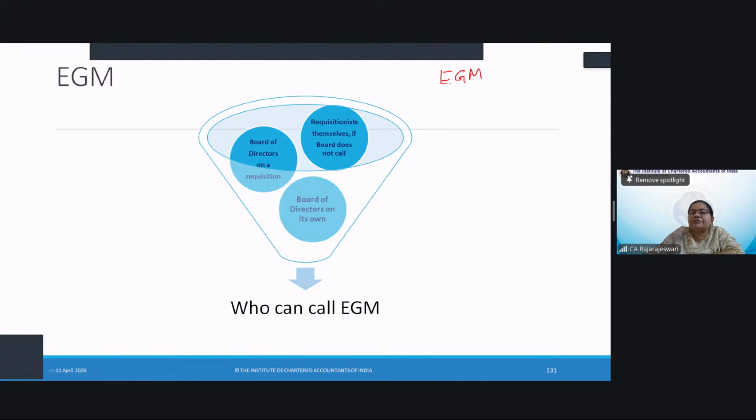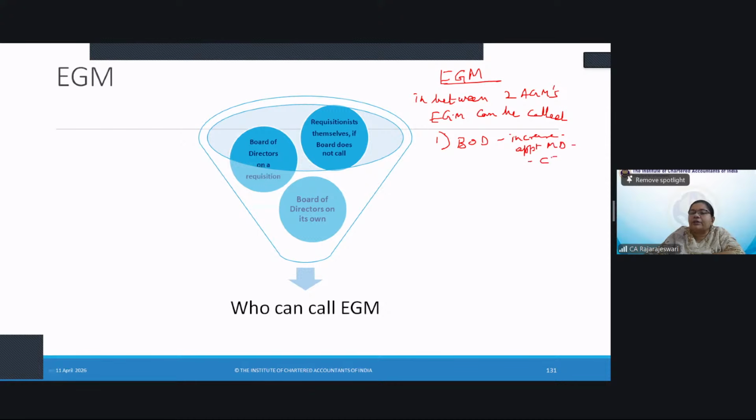Extraordinary general meeting in between two AGMs. If it is so urgent that the matter could not wait, then an EGM can be called. Who can call it? First, the board of directors on its own can call it. Example, if it wants to increase the remuneration or it wants to appoint an MD